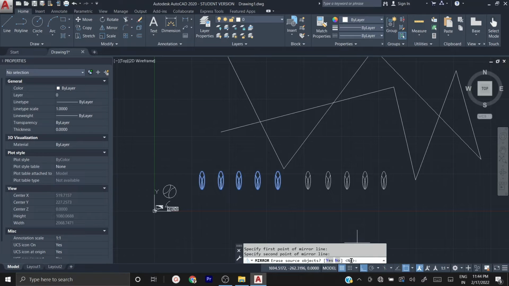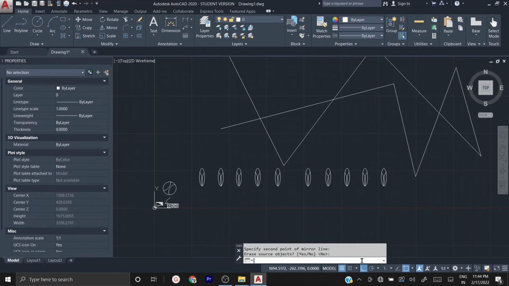Or by default it is No, so no need to type N and enter again. Whatever is there as a default, you just press enter. That means the source has not been erased, and along with the source you have also mirrored it. So this is how you have to execute the mirror command.